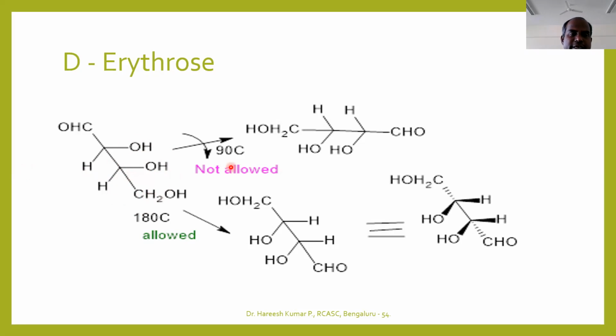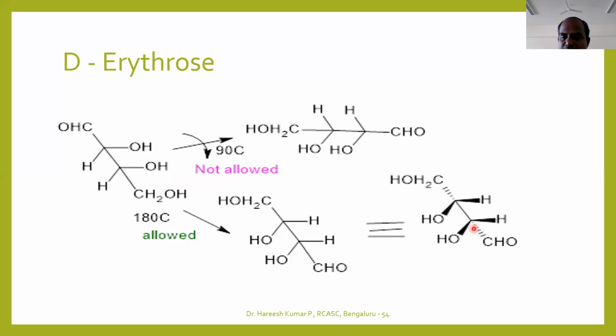So, and again here 90-degree rotation is not allowed, whereas 180-degree rotation is allowed. But what you will get is exactly the mirror image, meaning the other enantiomer. So these two are enantiomers. And if you want to convert this into a Fisher projection formula, of course, this is also a Fisher projection, but this will be a fly-wedged projection formula.